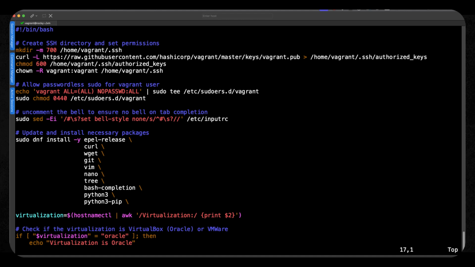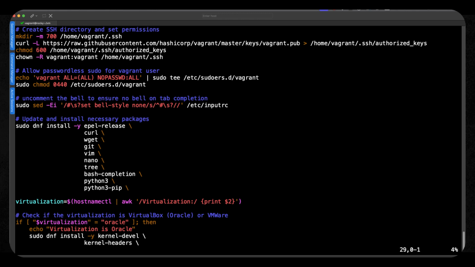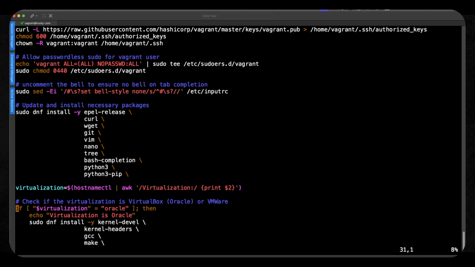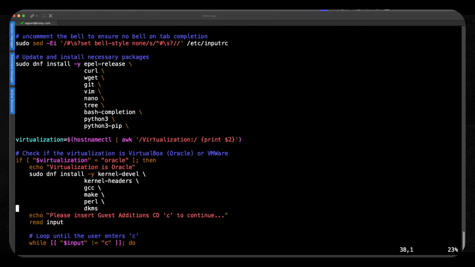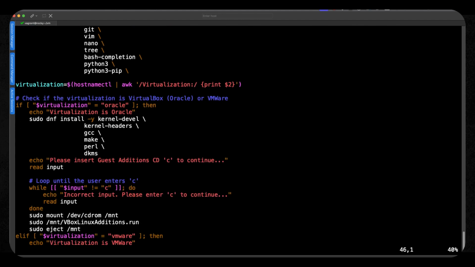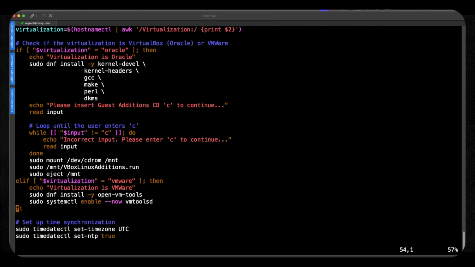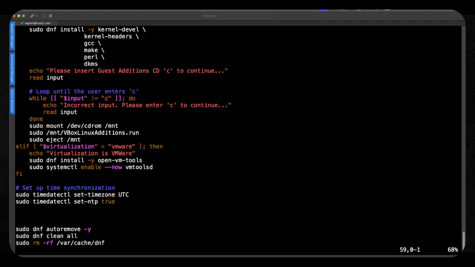After the installation of the software, we're actually checking the virtualization that is being used. And we can do that by running the hostnamectl command. It will print the virtualization that is in use. If we're using Oracle VirtualBox, then the hypervisor is going to be Oracle. We need to do certain things to make sure that we've got the guest tools installed for that. Now, I'm using VMware Fusion, so my hypervisor is going to be VMware, and we need to make sure that we've got Open VM tools installed and the service enabled.